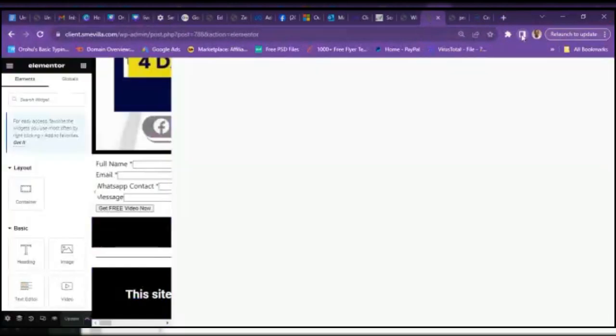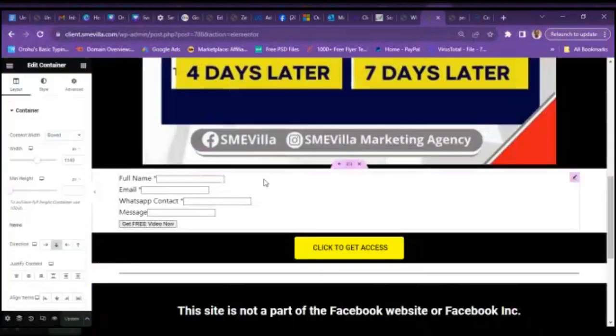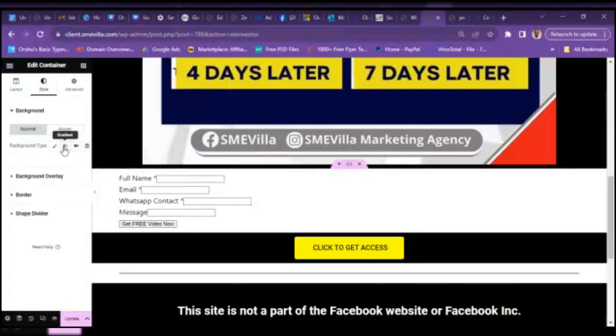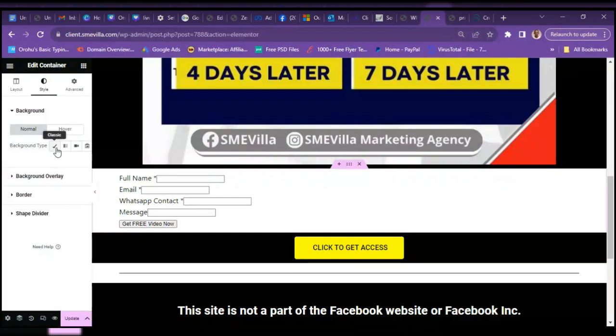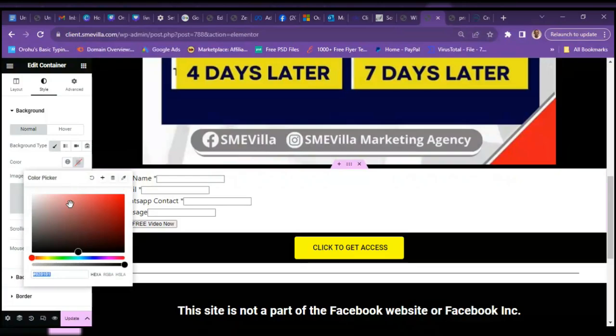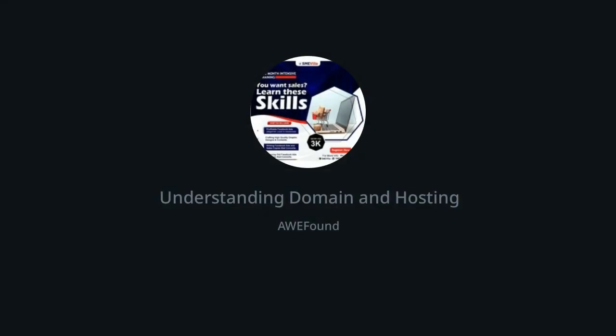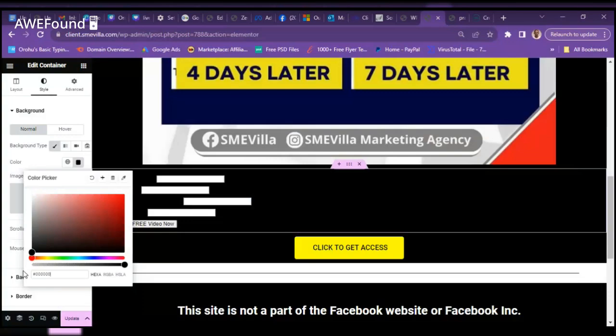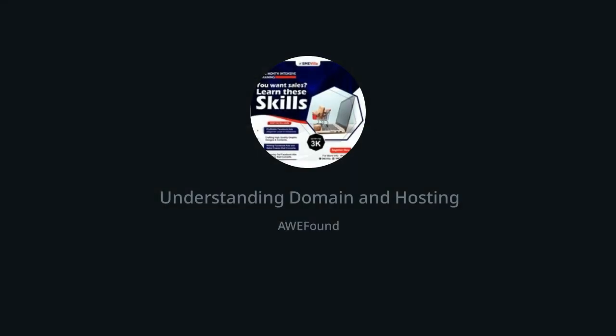Let's close this. Now we'll click on this form, right? We'll click on this form and we'll centralize it. No, not here. We'll go back to this style, right? Then we can add a background color to it. We can make it maybe black, just the way we did for the other ones. We can make it black or make it any color that is actually suitable. Then the color of the text,